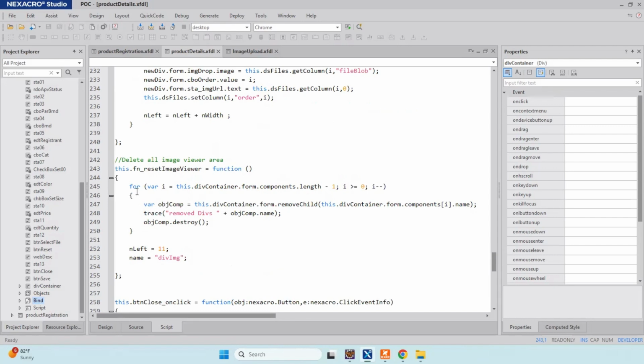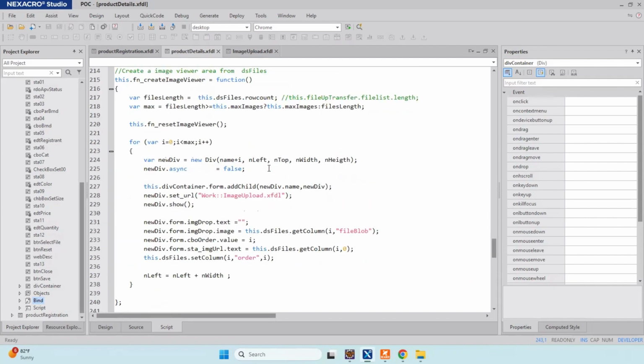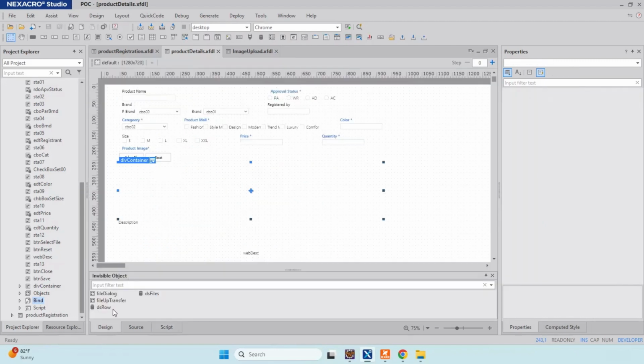We're deleting all the divs from the div container. And then up to the max images allowed, we're creating a new div and adding it as a child to the div container. This is the container here.